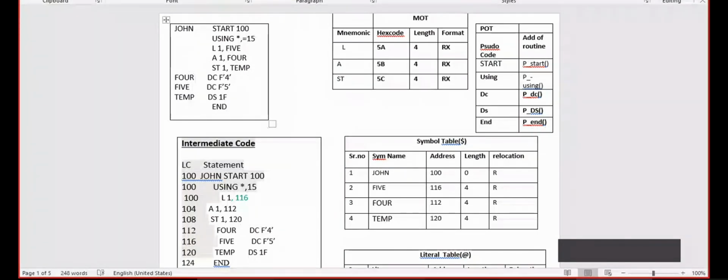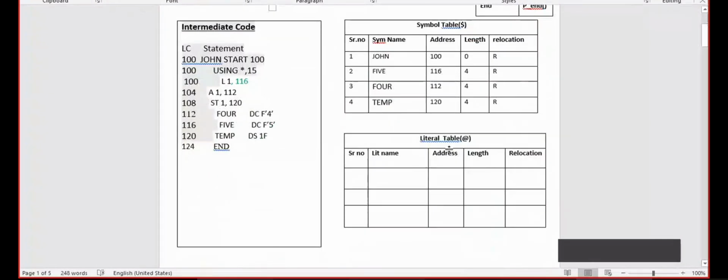So I am writing this literal into the literal table, that is =15. Likewise, we have to find the address and length of this literal. And always remember this is relocatable. So I am writing R.